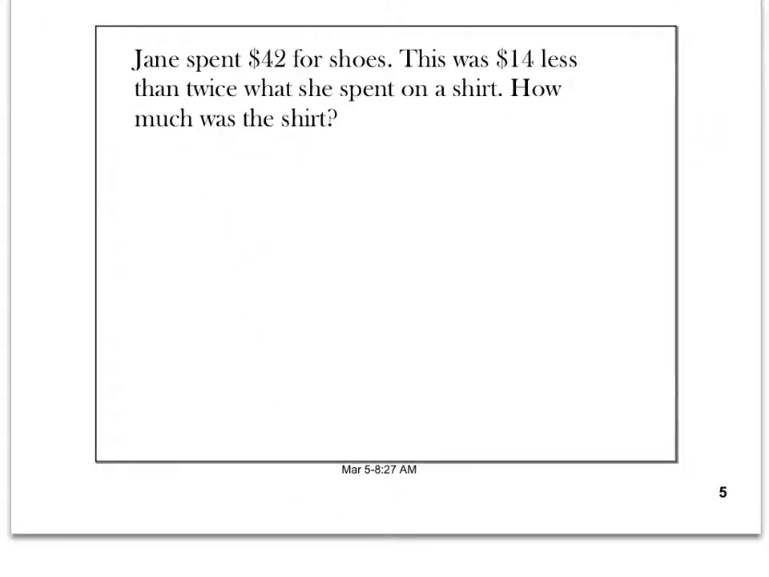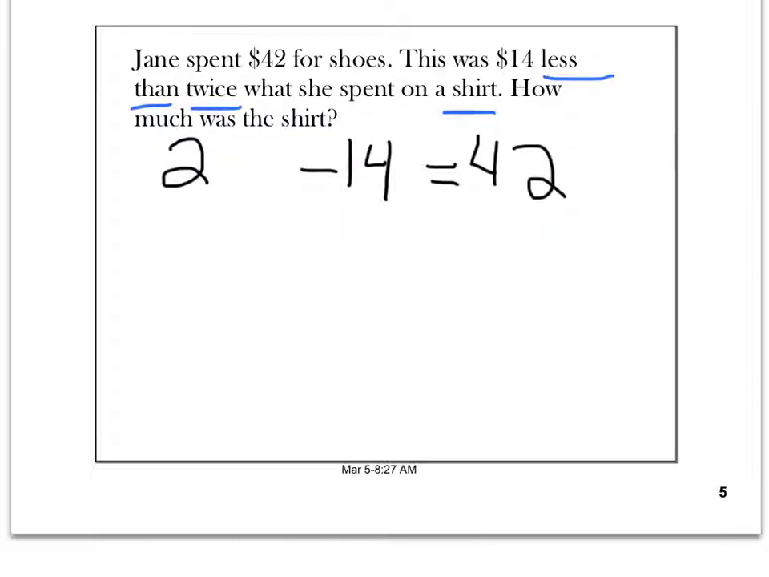Okay, two more problems. Second one, Jane spends $42 on shoes. This was $14 less than twice what she spent on a shirt. How much was the shirt? Again, your total will go on the right hand side of the equal sign. So she spends $42. Looking at the words less than is subtracting. So we will subtract 14, and twice the price of the shirt will be twice as double, so 2 times the price of the